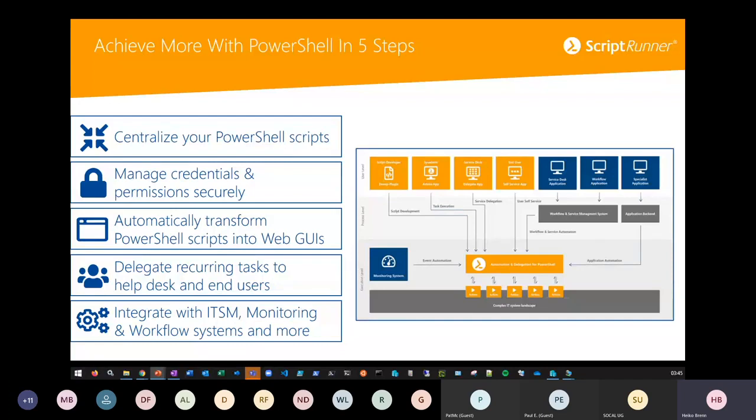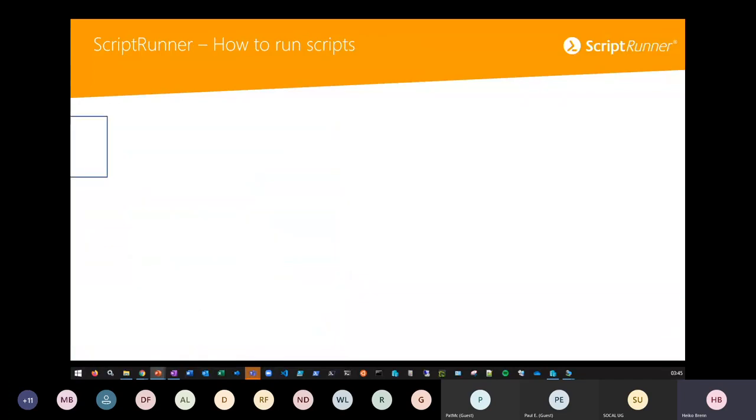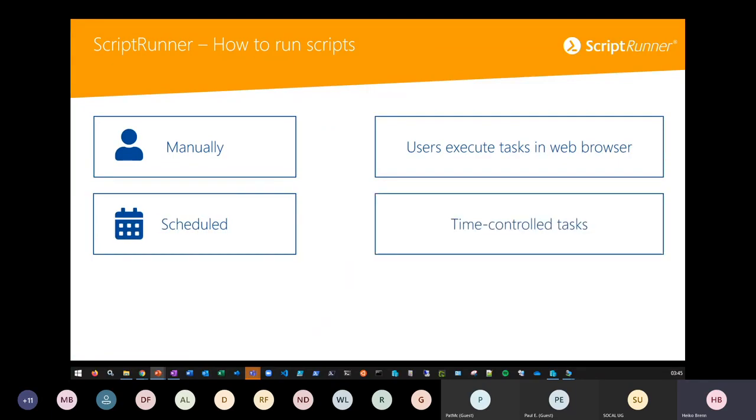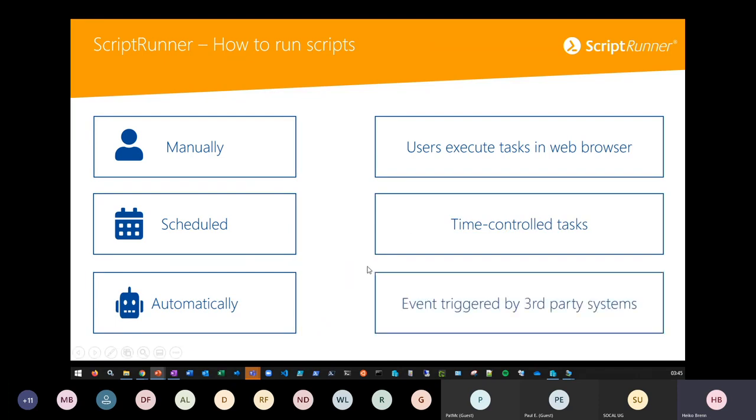So basically, we have what we can do. We have three ways of running scripts. One is manually. Somebody clicks on the tile to start a script. Of course, then we have the schedule part, and we have the automatic part where we talk about the REST API. And I will show you all this